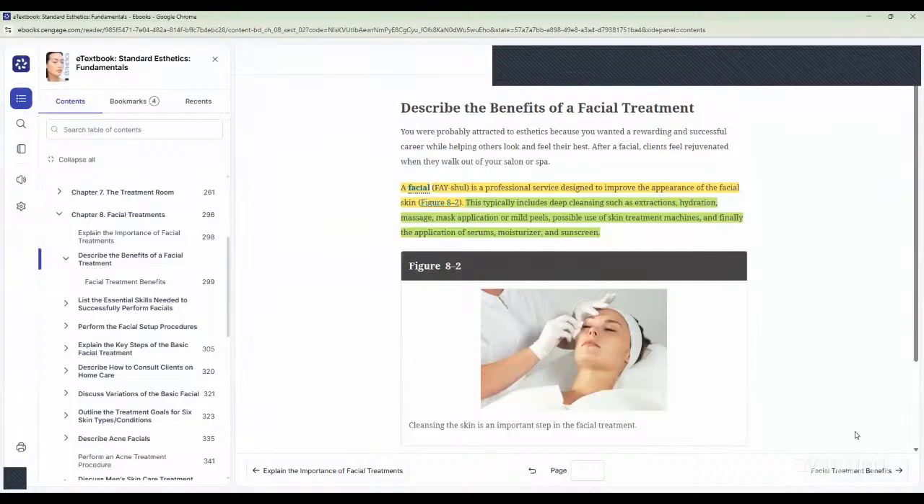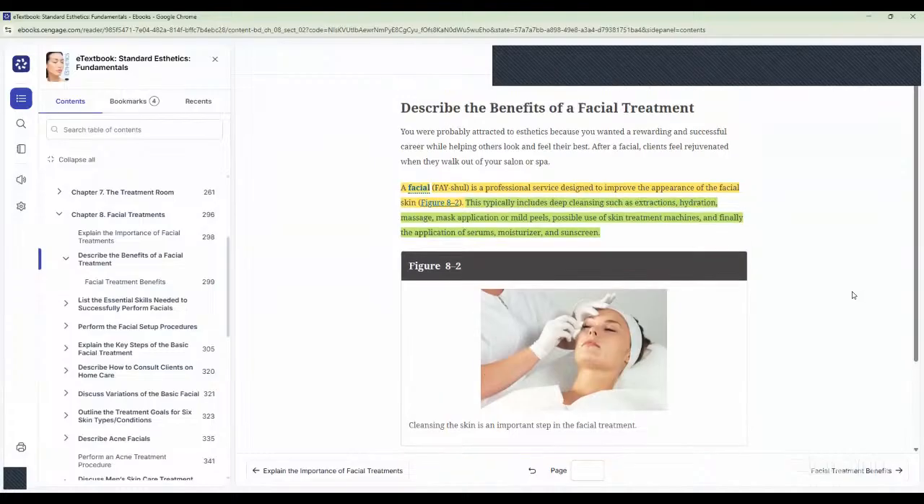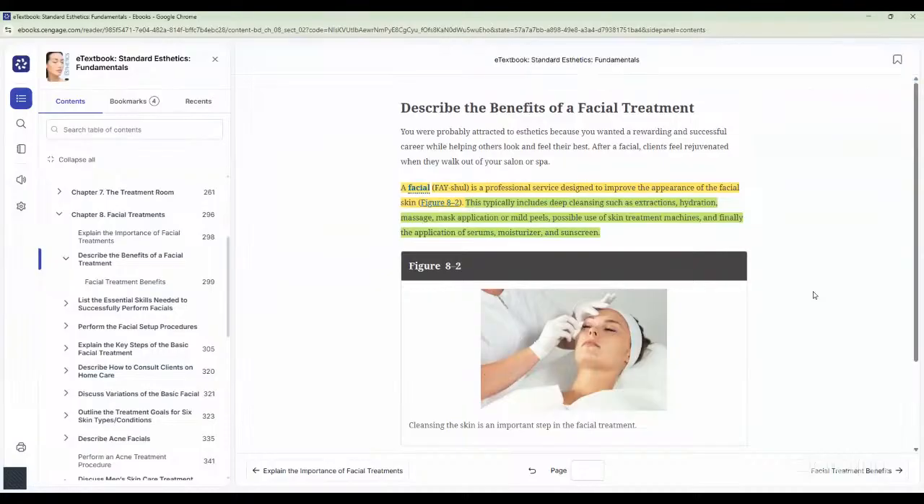Now, remember, this was an objective describing the benefits of a facial treatment. I did state that I need you to understand three of those benefits of a facial treatment. And remember that the facial is defined as a professional service designed to improve the appearance of the facial skin. Isn't that something? Designed to improve the appearance of the skin. It says this typically